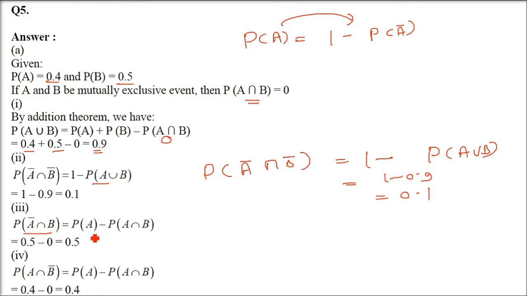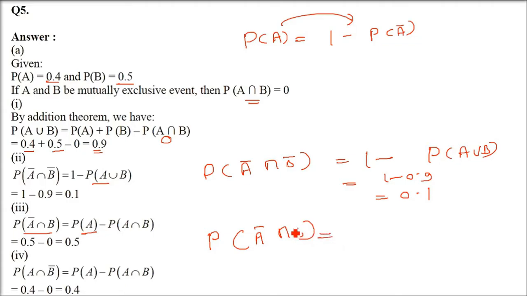So what you are going to do here is simply see which has no complement, because here B has no complement. So we will write PB. There is a slight error here, I'll just correct it. Please remember, for PA complement intersection B, you have to just see which is not having a complement. B is not having a complement, so you have to write PB. It's not PA, it's PB. I'll just change it. So PB minus, then no complement, only PA intersection B.